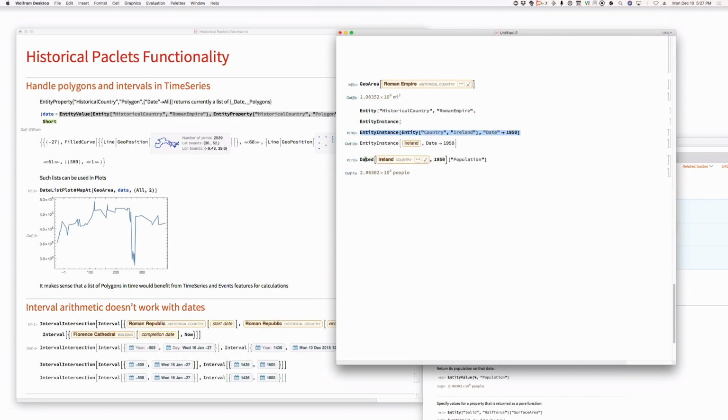But that's equivalent to dated of the thing. And this is yet again equivalent to Ireland dated. So if I say Ireland, and then I say dated population 1850 or something,